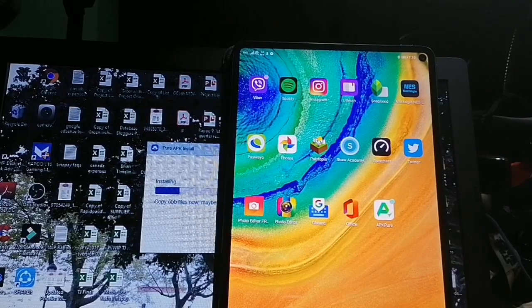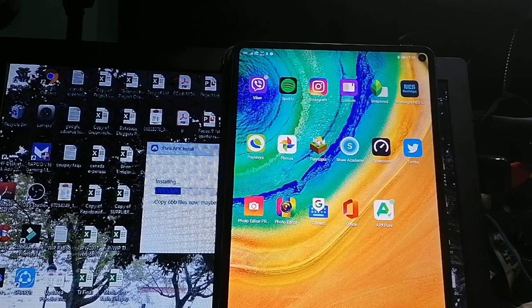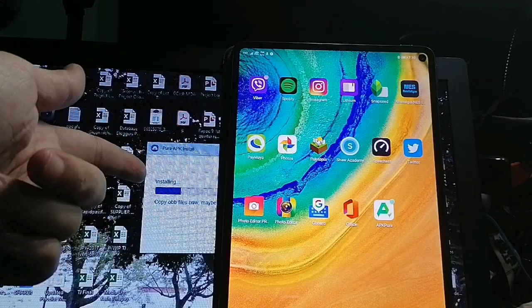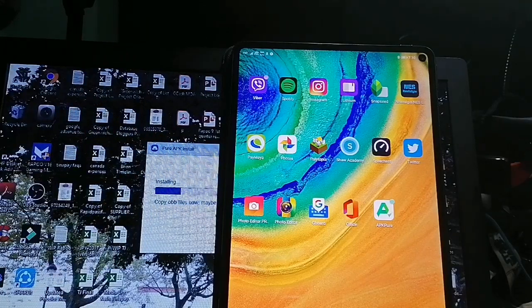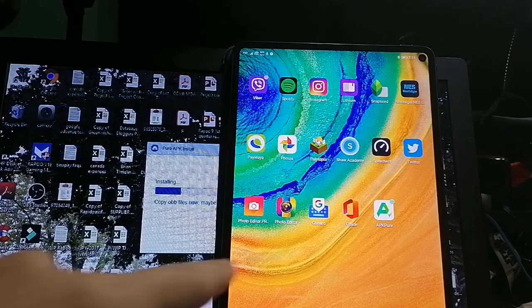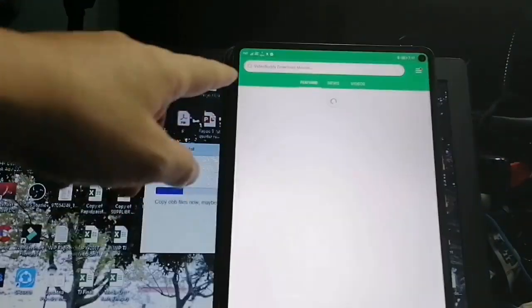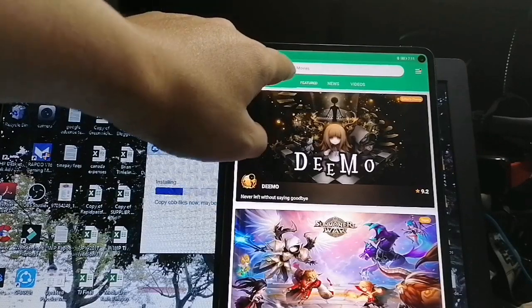Hey guys, so we've tried a couple of things already. We've tried using the PC to download the pure APK install, as you can see in the background there, and then download the XAPK for the Call of Duty Mobile, and going through all the process and still keep on getting errors on the phone. So we tried to download the Android app, okay,